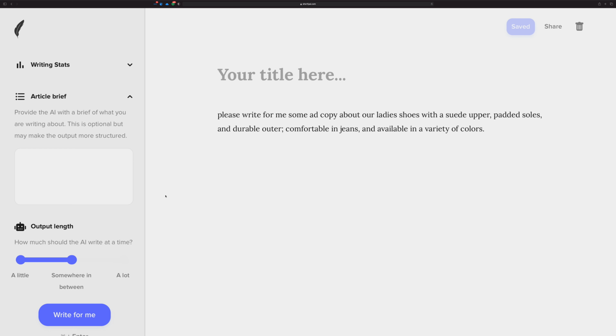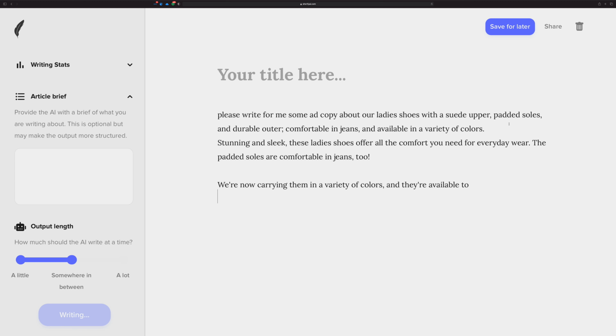And then you basically just hit write for me. You notice there's no other prompts. It's literally just the first part of the content here in Shortly. And then I just hit write for me. Got to hit write for me. And we see what happens. And I accidentally hit enter there. It might have gone under. Yeah. So it's writing it, but